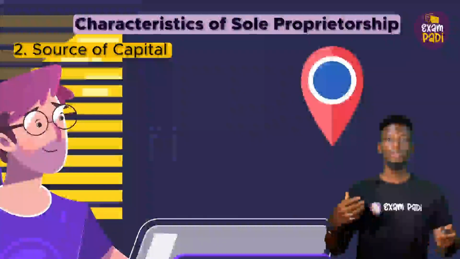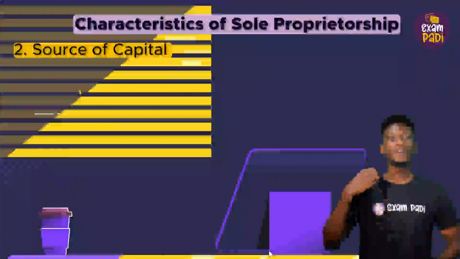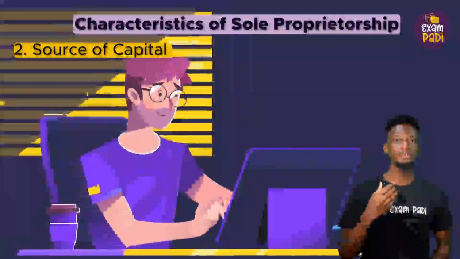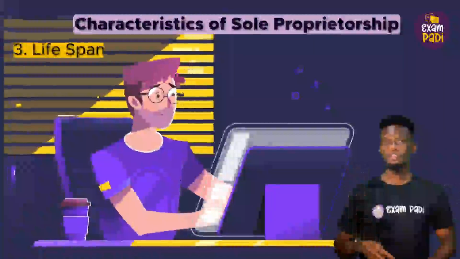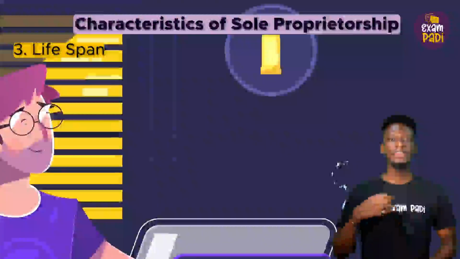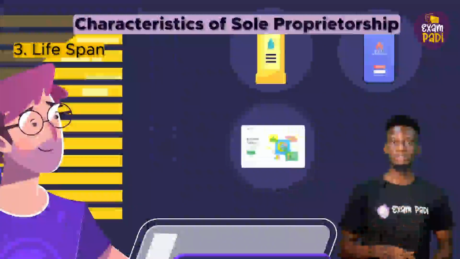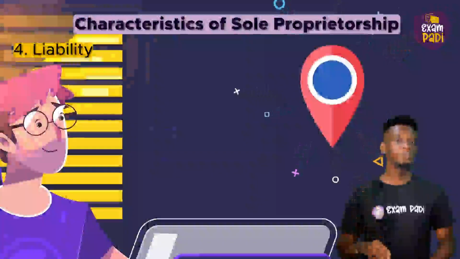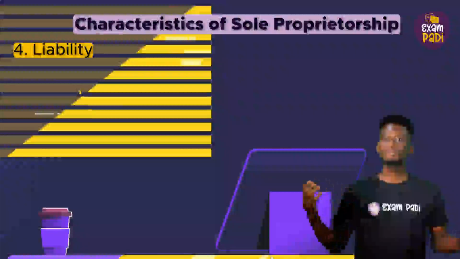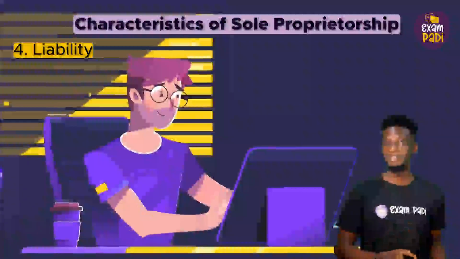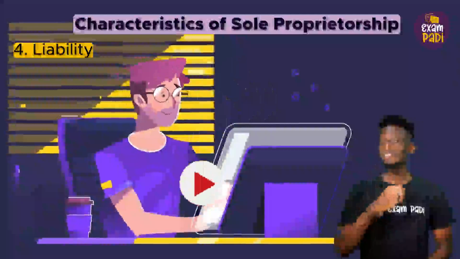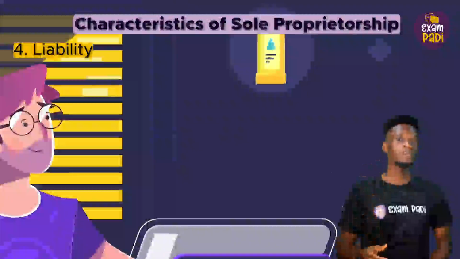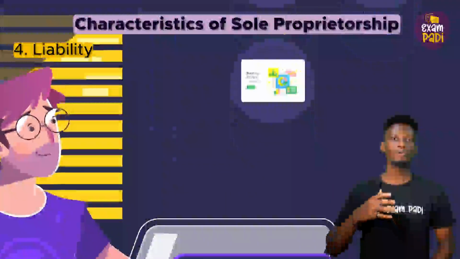2, source of capital. It provides the money required for starting and running the business. 3, lifespan. The lifespan of the business depends on the owner. The company can fold up anytime. 4, liability. The sole proprietor has unlimited liability. This means that if the business liquidates, the company's owner may have to lose his private assets to offset the